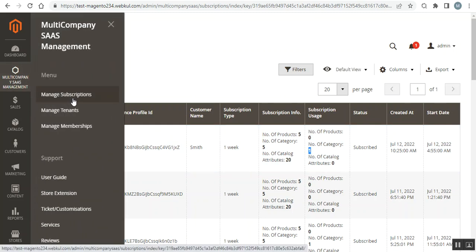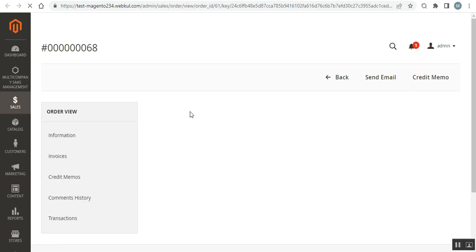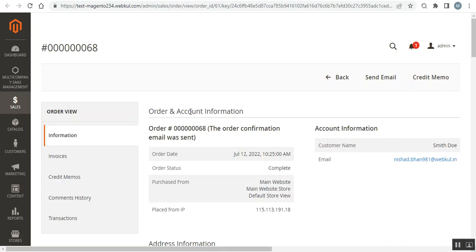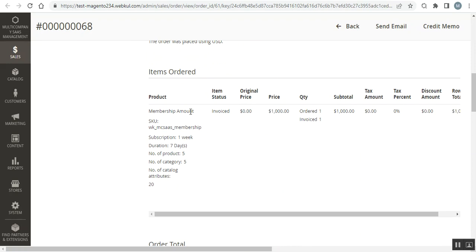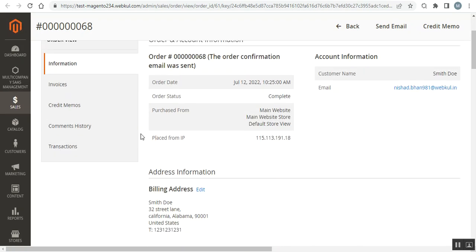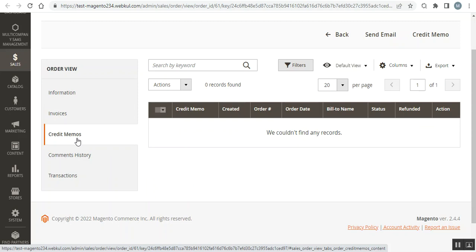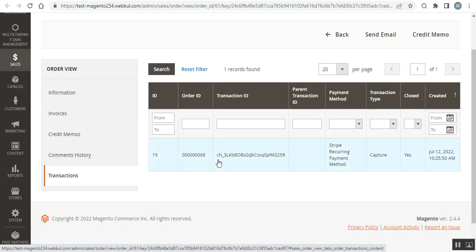So under manage subscriptions, the admin can view the complete list of subscriptions there and can access the order ID as well, and can check the order details as well. So if I tap here on the order number 68, we'll be taken to the particular order details page, wherein we can see the order information having the membership amount, the membership details. We can view the invoice. As you can see, paid $1,000. From here we can view the credit memos if generated any, or the transaction details as well,